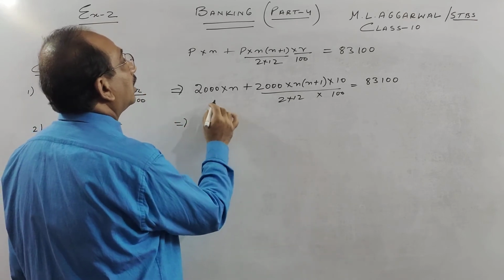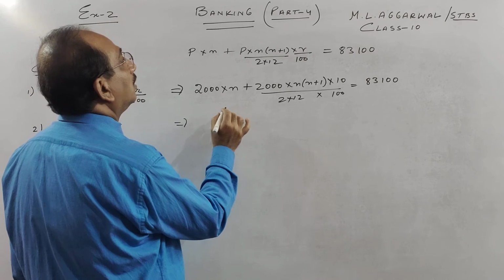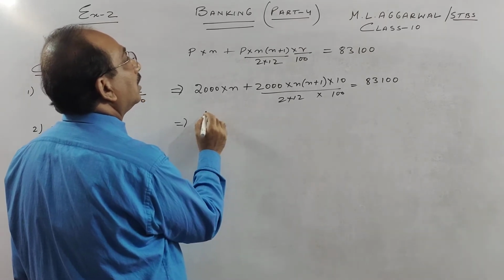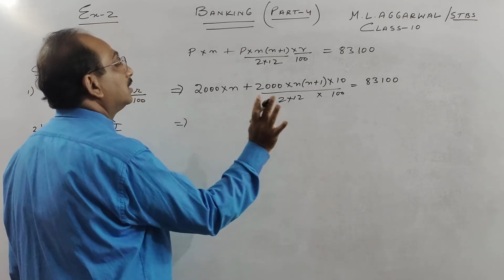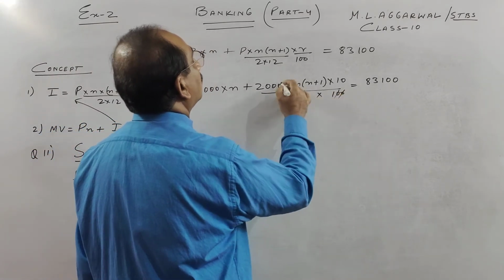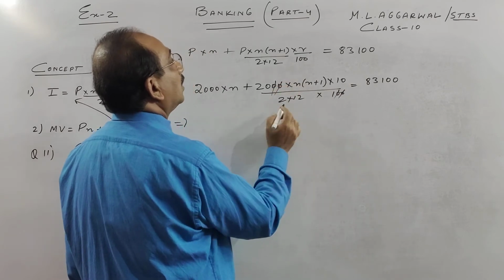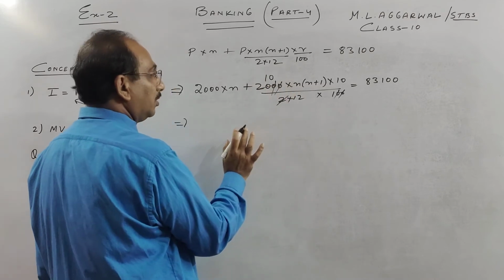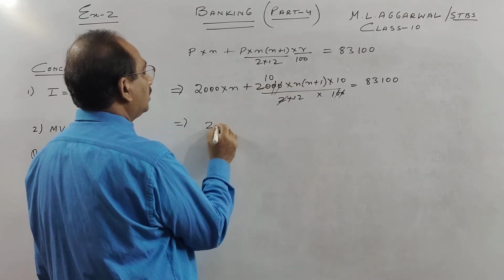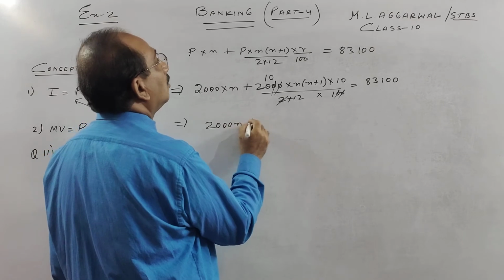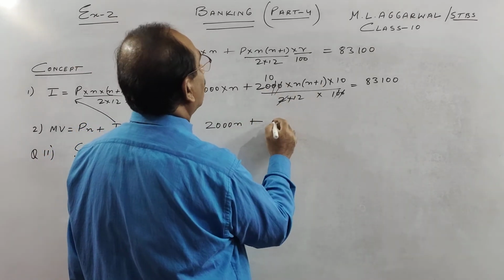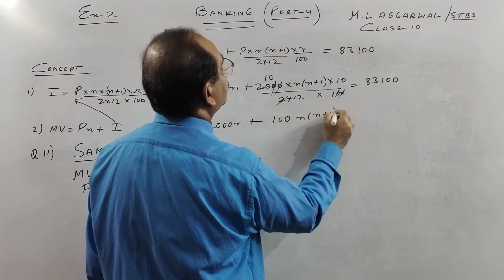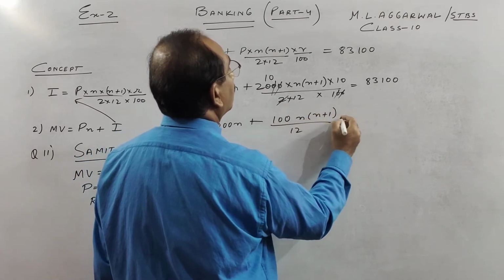Here we can take out 2,000 if you wish, or we can simply cancel. Just see, 10, 10, 10, 10. 2 10s are 20. This is what we have done. So what we are left with here, children, is 2,000 plus 10 10s are 100, and n plus 1 by 12,